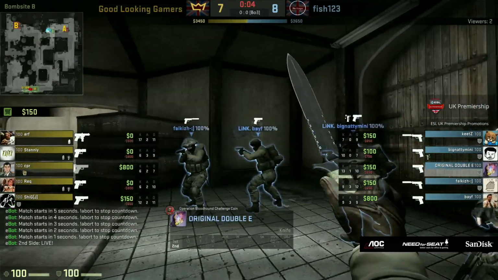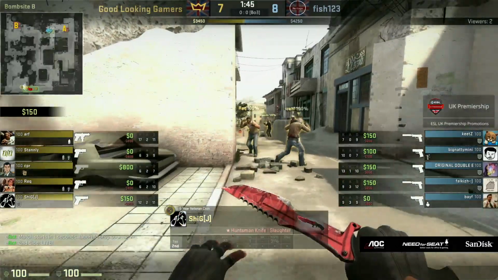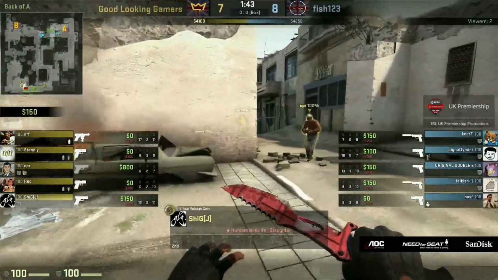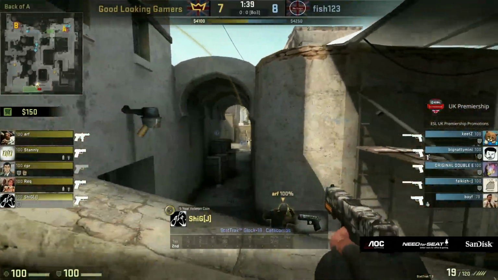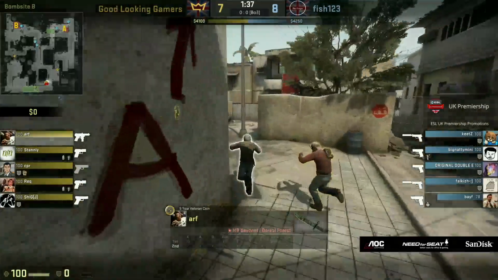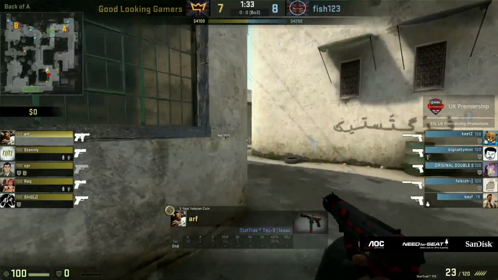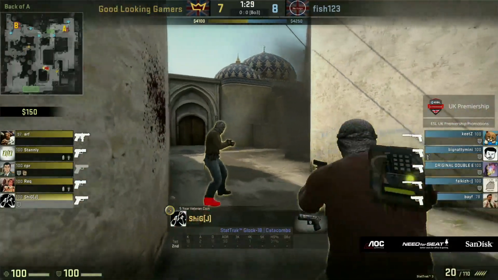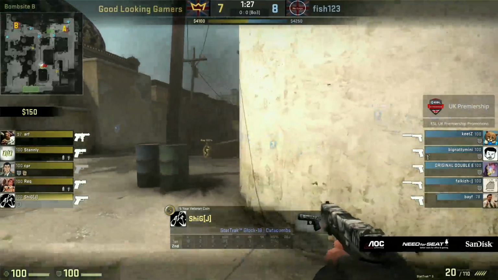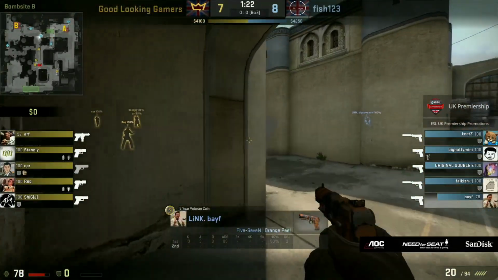No, absolutely not. I mean, it's not got away from them just yet. It is 8-7 on the board, but you're absolutely right. It was 5-1 at one point to Fish123. They only gained another 3 rounds from that point in the game, and not going to be too happy, and it's going to be a lot down. Oh, sorry, it was to GLG, not to Fish123, but they're going to be looking to try and turn this